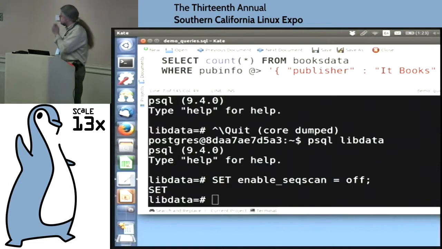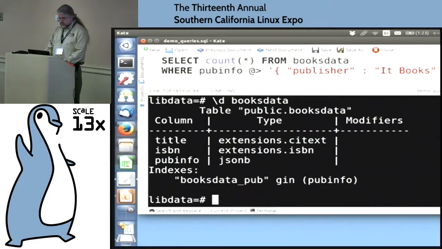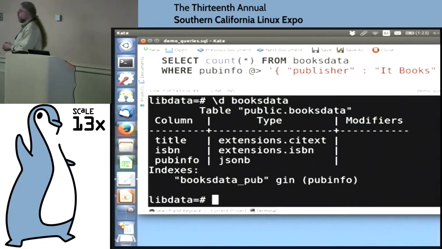Here's an example of a query where I'm just doing what's called a path search. Let's actually take a look at that table. This is a very simple table. This is an imaginary universe where publishers in the library system are advanced enough to actually use something as modern as JSONB for transmitting information about book titles.